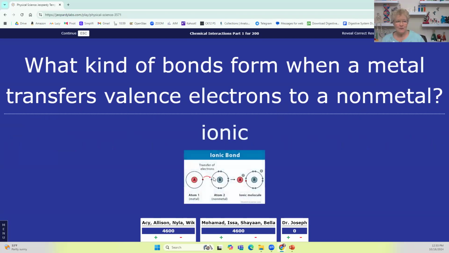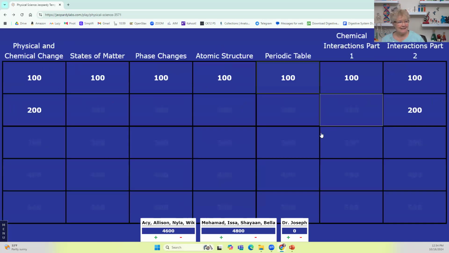Very good. It transfers, so it creates two ions. One gave away an electron, so it's more positive. It's now called a cation because I'm positive about cats. The one that gains the electron is now more negative, so it becomes an anion. And now since you have a positive and a negative real close to each other, they stick together. They want to be near one another. All right, excellent job, Mohammed. Now we are to Allison.